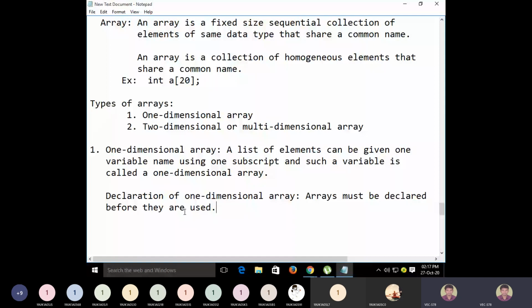Here also arrays must be declared before they are used. Why? Because how many elements you want to store, that information you must give to the compiler, so that the compiler can allocate enough memory for storing the elements of the array.